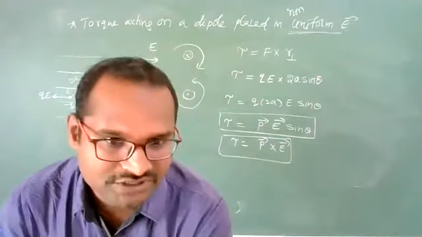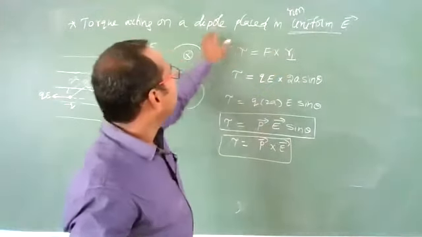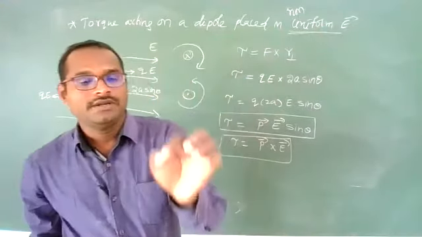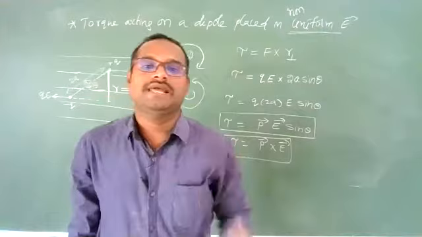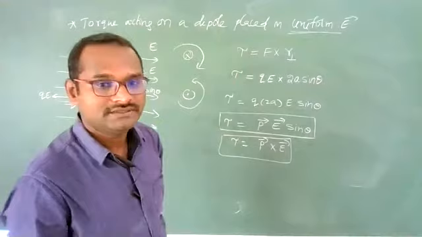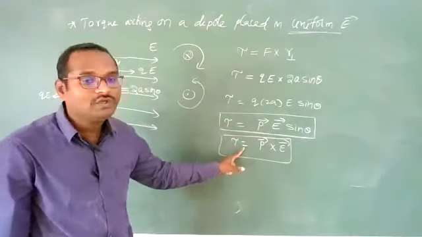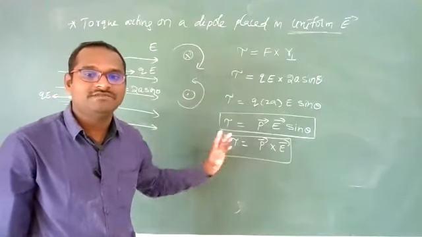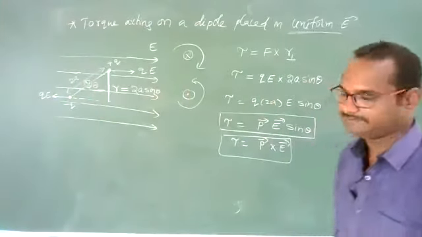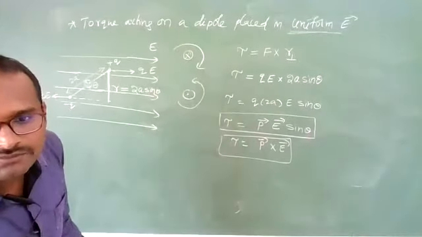Clear? So these points are important for your competitive exams, okay? If a dipole is placed in a non-uniform electric field, then on the dipole a net force will act and a net torque also will act. Whereas if the dipole is placed in a uniform electric field, then the net force acting on the dipole will be 0, but the net torque acting cannot be 0. The net torque acting will be P cross E, or P E sin theta. You need to remember this point. Clear, students? Any doubt in this? Torque acting on a dipole?